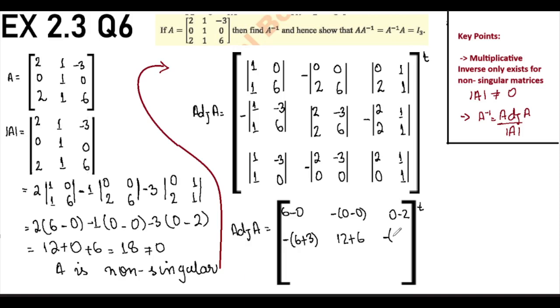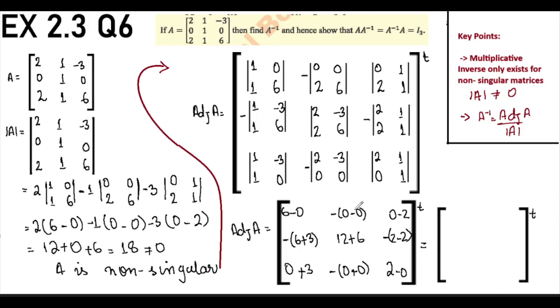2 into 1 is 2, minus 2 into 1 is 2. Then 1 into 0 is 0, minus 3 into 1 is 3, minus 3, so we are going to write plus 3 over here. Then this negative sign, and 2 into 0 is 0 and plus 0. Then we have 2 into 1 is 2, minus 1 into 0 is 0, which is equal to